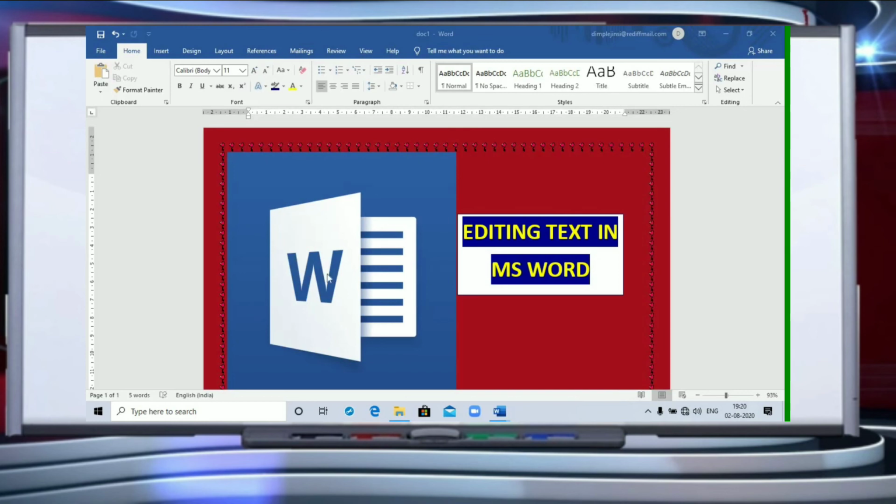Wherever you see this icon, you will understand this is Microsoft Word, and we can create any kind of document in this. We can create a letter, books, notices, anything that we want can be created in Microsoft Word.